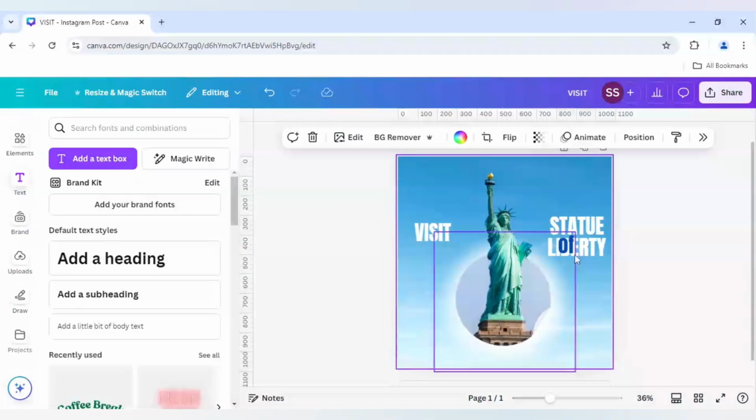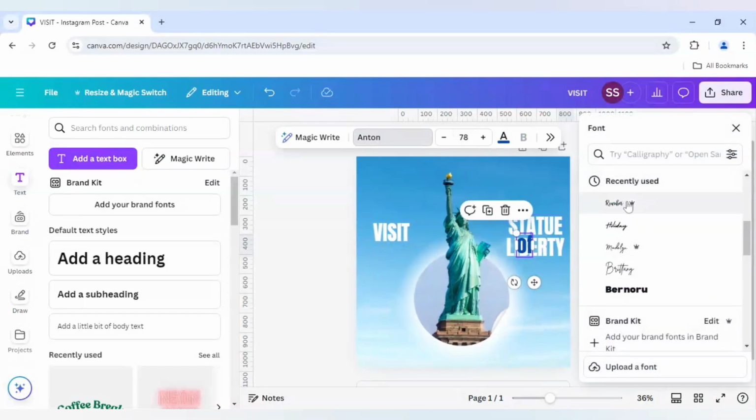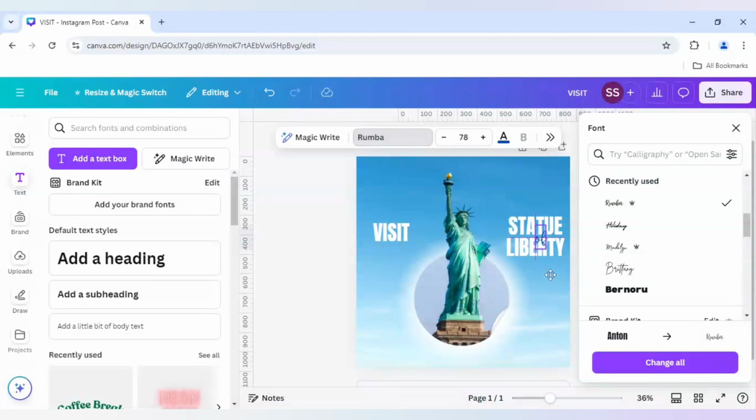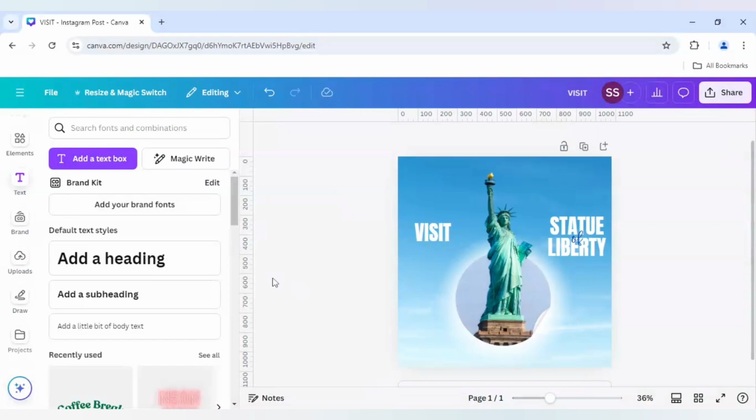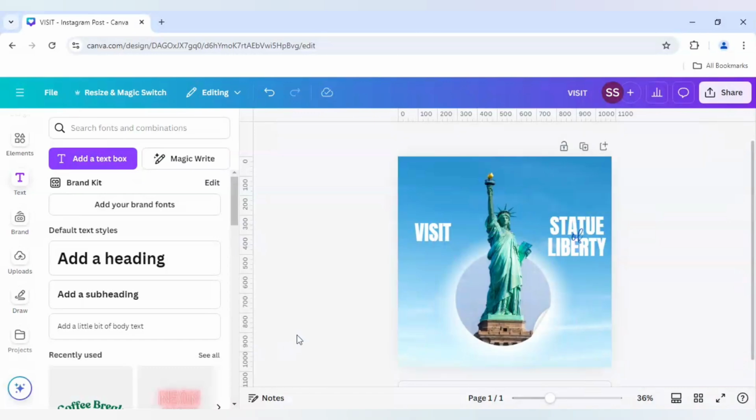So the color change is done, but I will also change the font to Roomba, which is a handwriting font, and I will just bring it right in the middle. Okay, so here it is done. Let's middle it, and after that